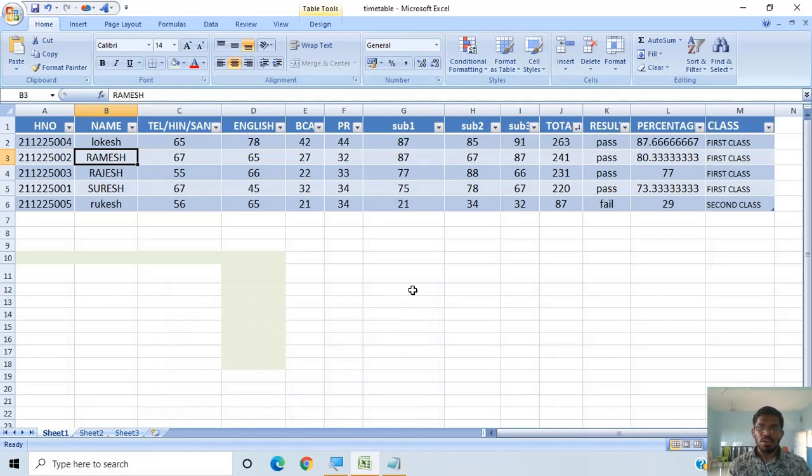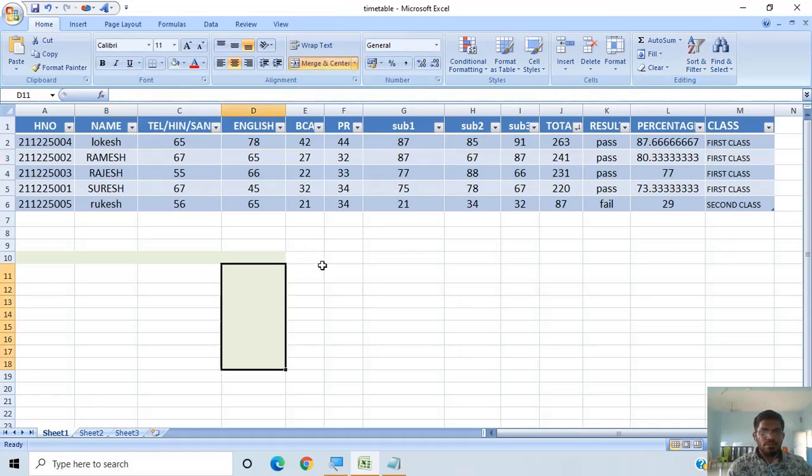By this you can find a value which is present in an Excel format or in MS Word also. You can use the Control plus F option, and in MS Word also you can replace the words. Okay, it is also possible to sort the values in MS Word itself. And if